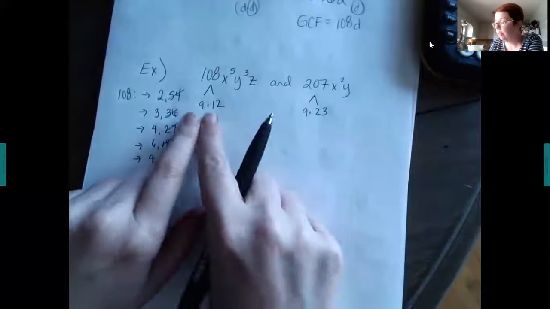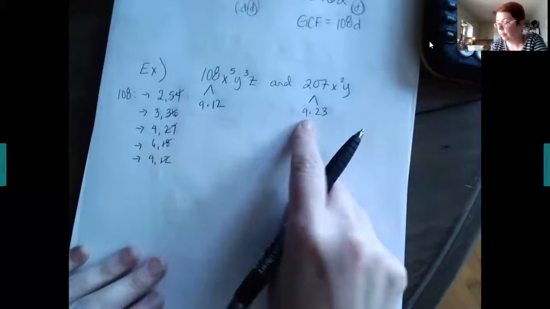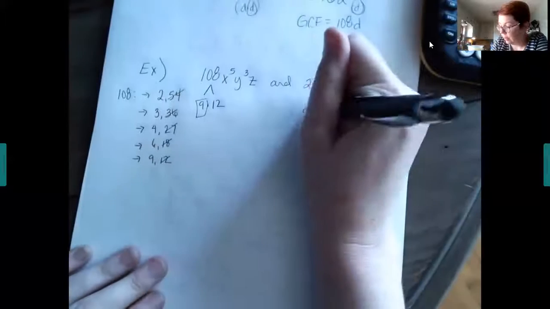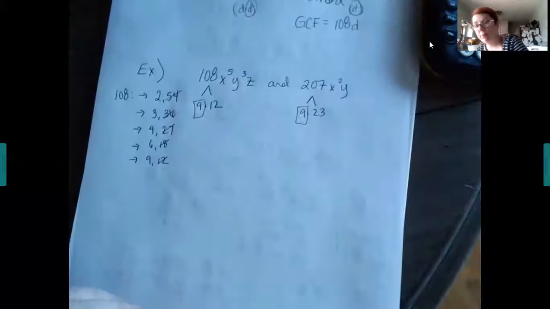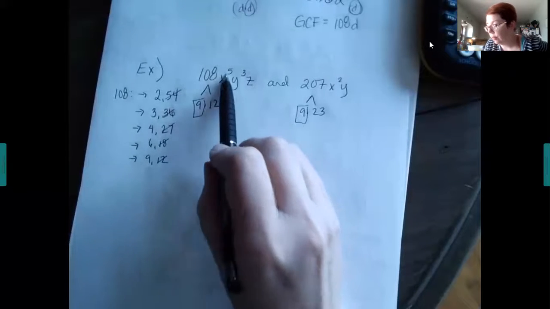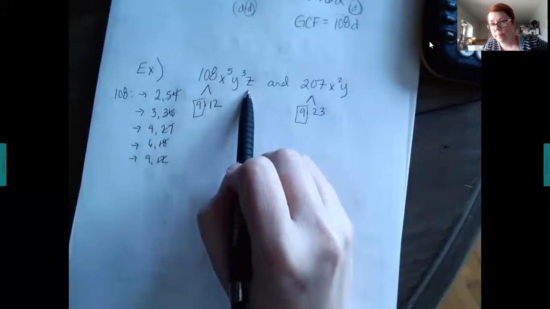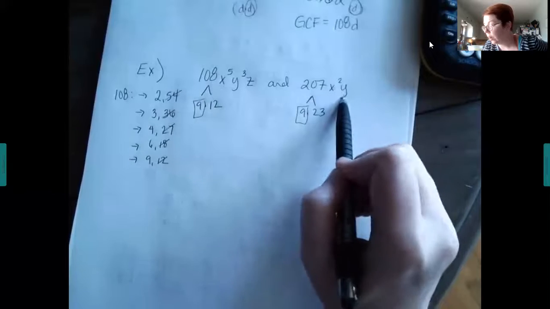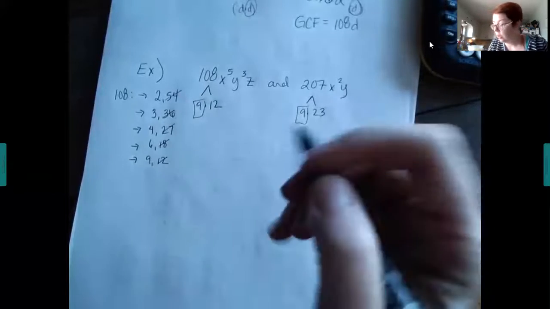So here we see we have a 9 and a 9 in common, right? And so we know number-wise, that's going to be the greatest common factor. And when we look here, we have x to the 5th, y to the 3rd, and a z. Here we have x squared y, no z. So